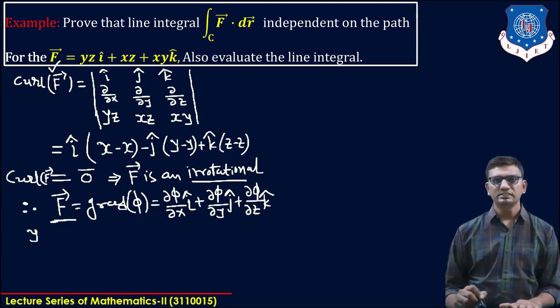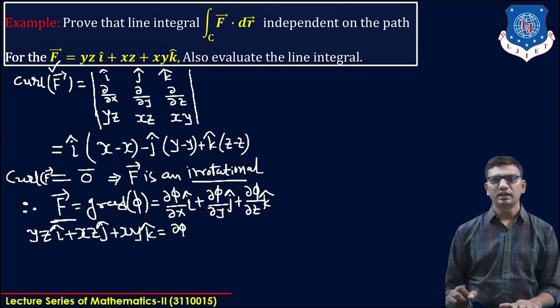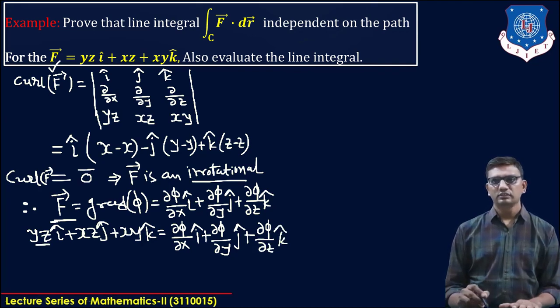Now f bar is yz i caret plus xz j caret plus xy k caret, that is equal to del phi by del x i caret plus del phi by del y j caret plus del phi by del z k caret. Now compare the components of i, j and k caret. So finally, comparing the coefficients of the i, j, k caret components,